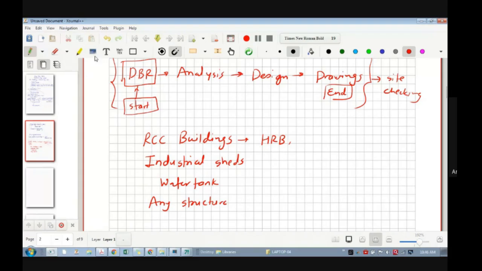Today we are only discussing this part, RCC buildings. Most of the time we work on RCC buildings as structural engineers. So we can say structural engineers are working more in this field. Definitely people work here and here also. But today my topic is this. Okay. Now let's